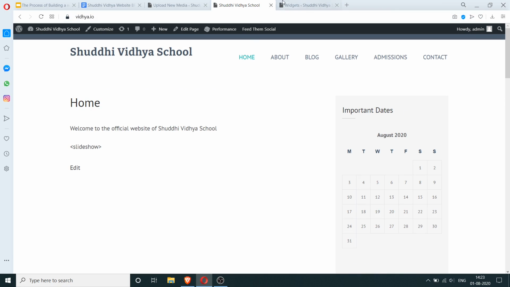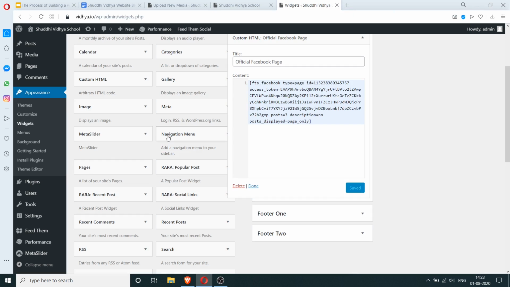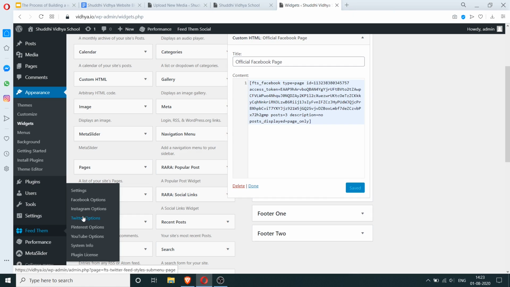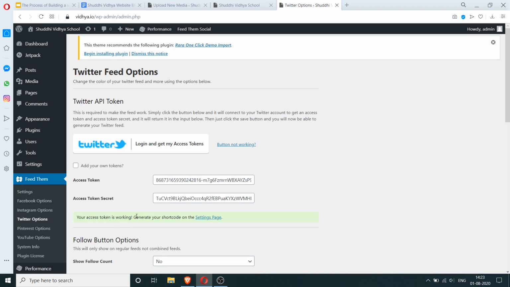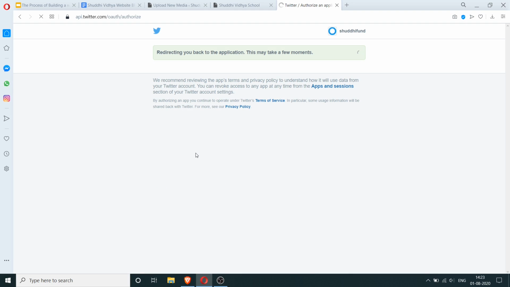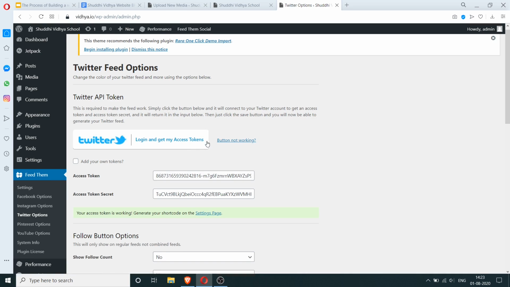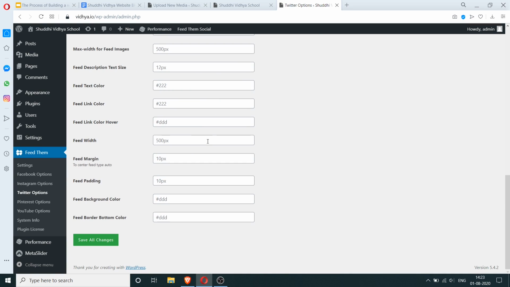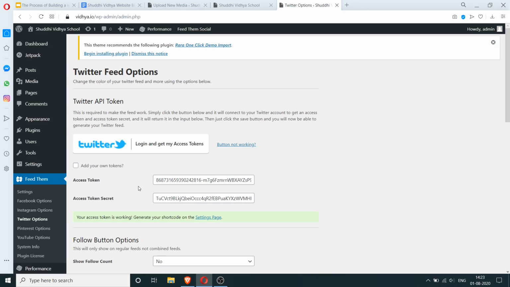Now for the second item on our list, we want to add a Twitter feed. So let's go to the feed them again and go to Twitter options. I'm going to log in with my Twitter and access it. I'm going to save all the changes.